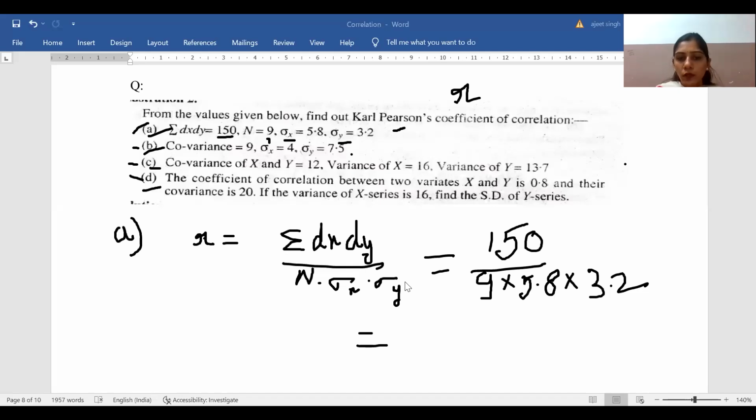So now with the help of calculator, we calculate this problem. First of all, calculate the lower value: 9 multiplied by 5.8 and again multiplied by 3.2. So the answer is 167.04. So 150 divided by 167.04. Now again let's do the divide part, which is 150 divided by 167.04. So the answer is 0.89. Okay, so the answer is